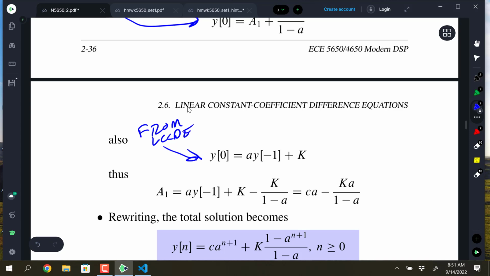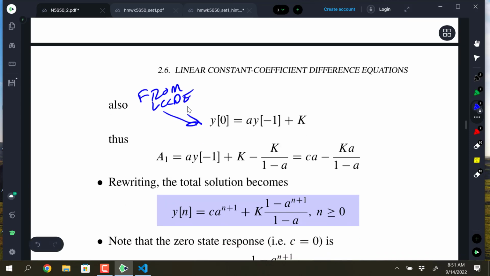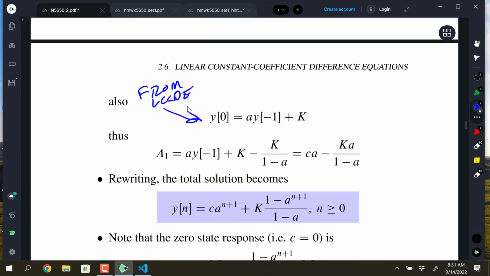I'm not going to try to draw the arrow, but it's coming from the original difference equation. Set n equal to 0, and then we immediately see we need y of minus 1, and we can plug that in. Y of minus 1 was, in the problem statement, given as some constant c. So we make those substitutions now